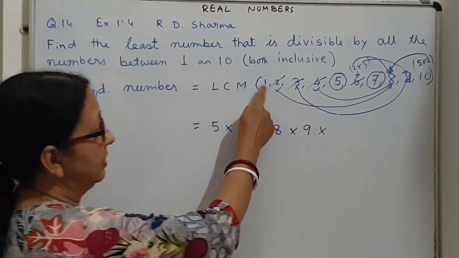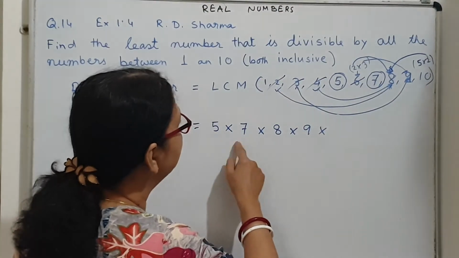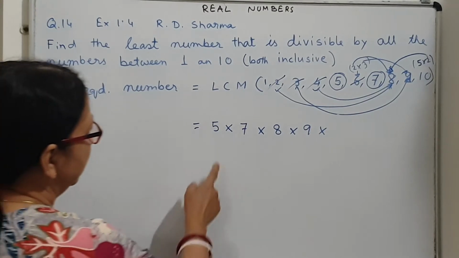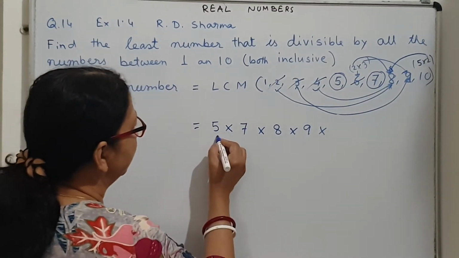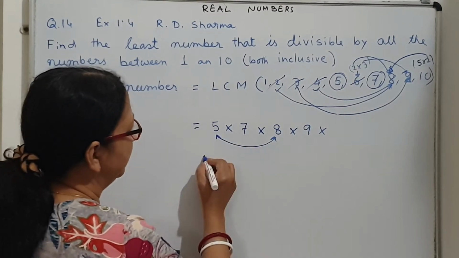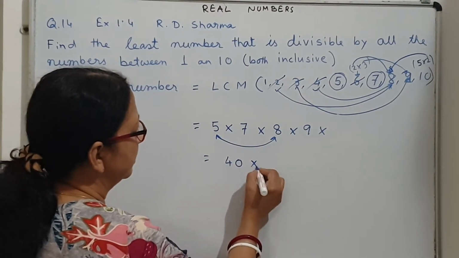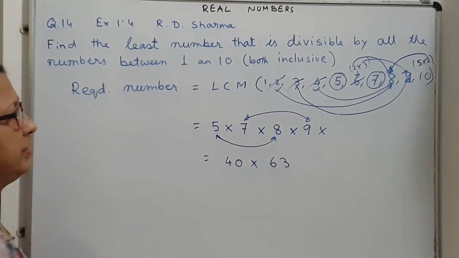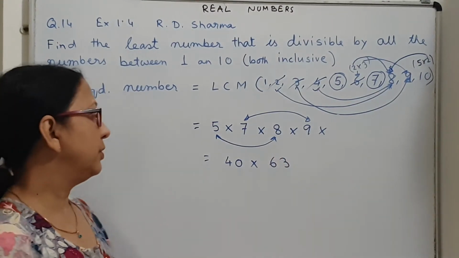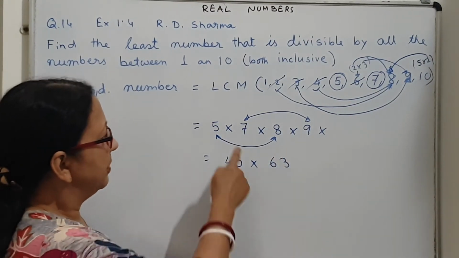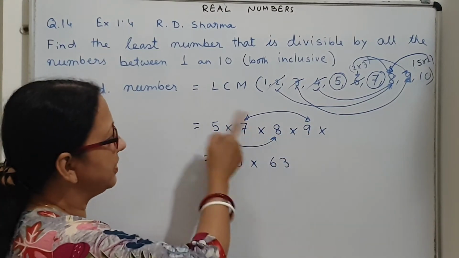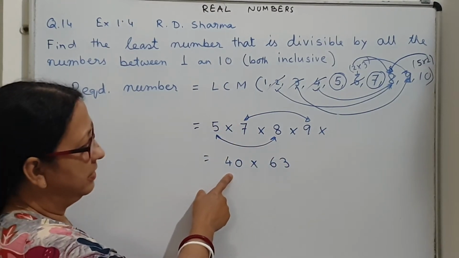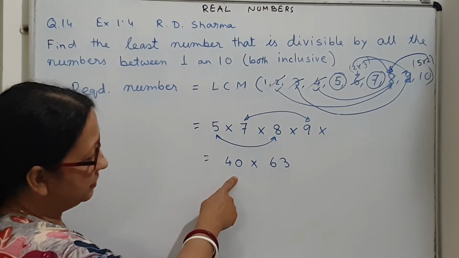So in this way you have to see how the factors will be in the LCM. So they are multiplied. Then after that you group, because 5 into 8 is 40, so I take them together. 40, and 7 into 9 is 63. Because if there is a multiple of 10, it is very easy to do the multiplication. So instead of multiplying 7, 5, 7 is 35, then 8, I have just observed that if I can group any two factors so that their product is a multiple of 10, then our calculation will be easier. So I have observed this and made this.